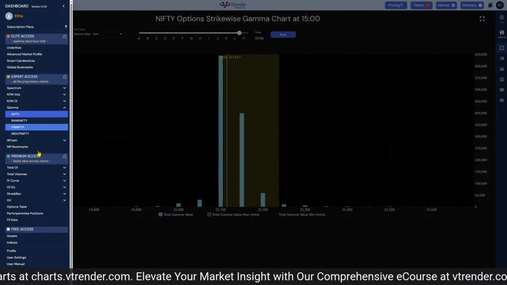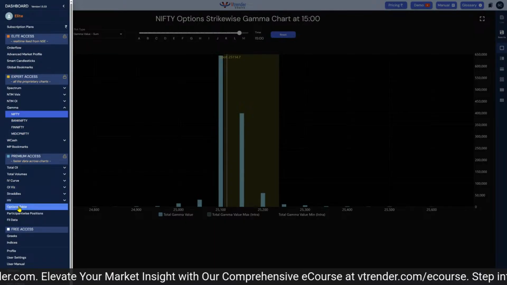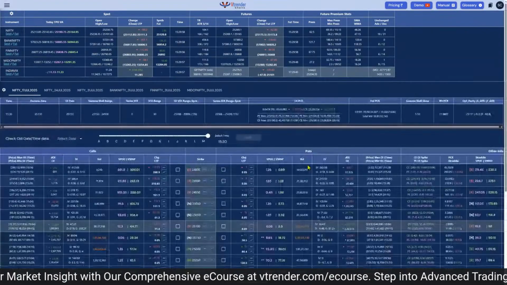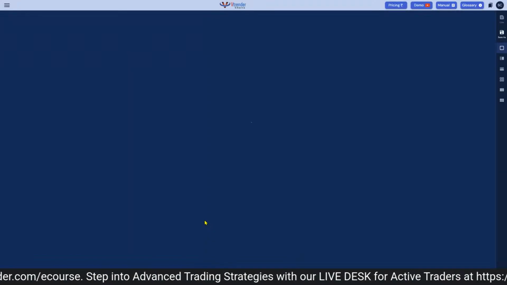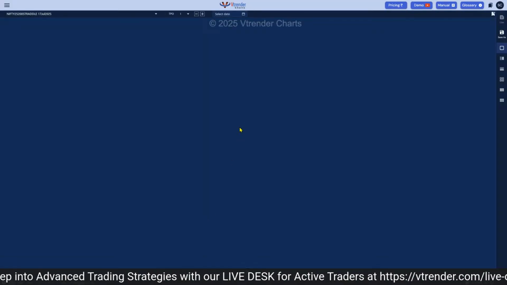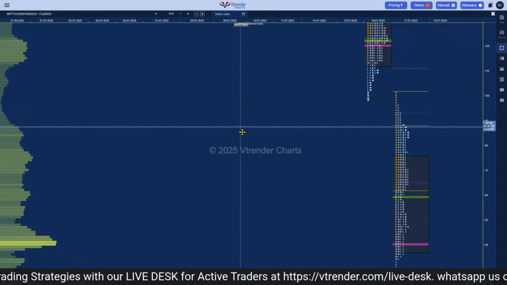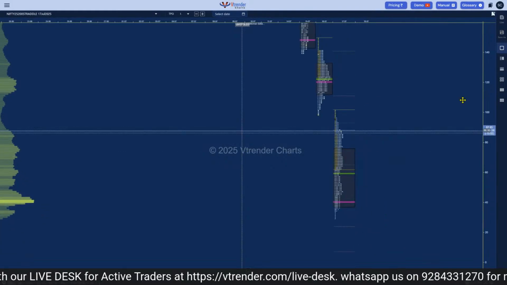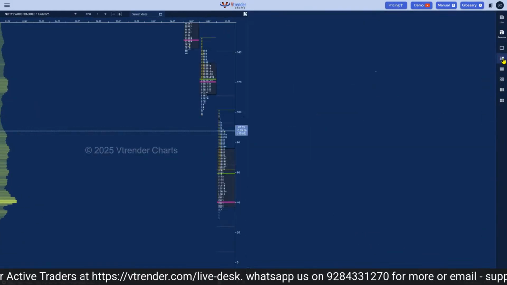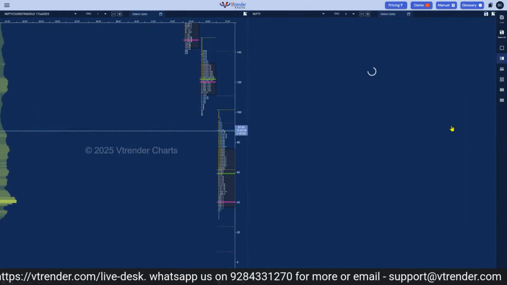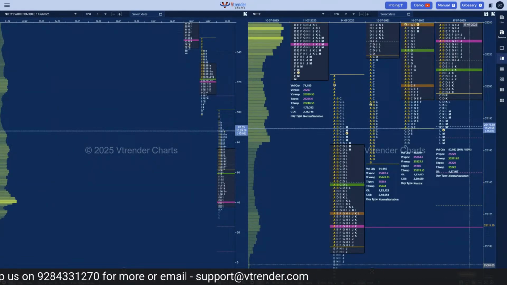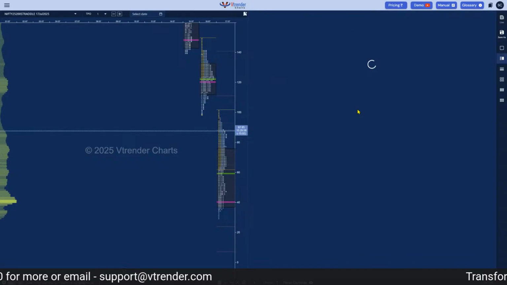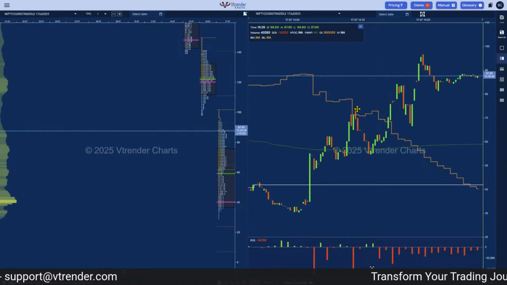all day today. So let me just bring up that options table. This was a very good trade for us in the morning today. All of us in the room had gotten into this 25,200, and we had gotten it at about 80 rupees today. Early in the morning, that was the price we got in, and we saw the price dipping. It went up to about 70 rupees, and then it spiked up to about 90 rupees.